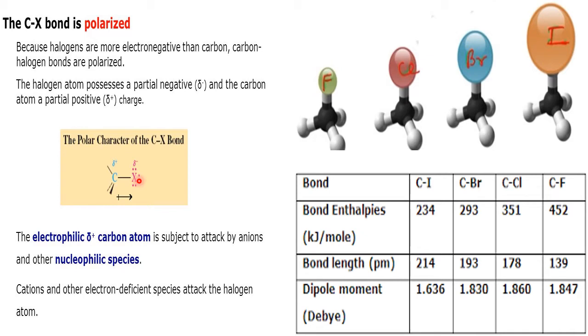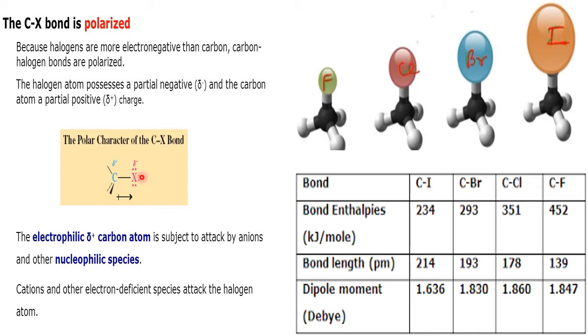Because of their higher electronegativity, the halogen attracts or withdraws the shared pair of electrons towards itself. This arrow mark indicates that it is withdrawing. When it is withdrawing, it gets a negative charge, not permanently, it is just withdrawing. So a partial negative charge is created on the halogen and a partial positive charge is created on carbon. This part loves the negative charge and that part loves the positive charge. That means carbon becoming partially positive acts like an electrophile, and the halogen acts as a nucleophile.